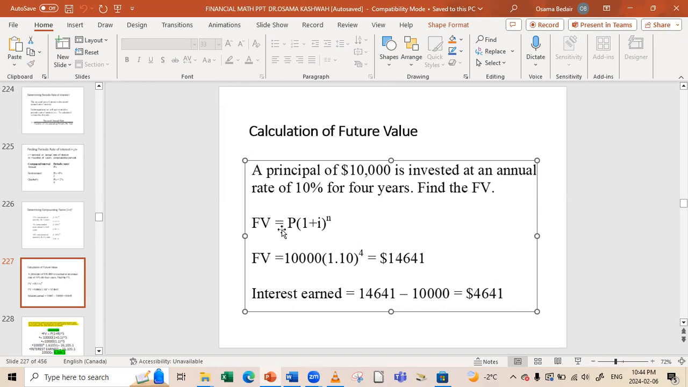So the future value will equal the principal, which is 10,000. This is the 10,000, the principal, multiplied by 1 plus interest, power n. The n is the number of years. We have 4 years, so n will be 4. So that will equal 10,000 multiplied by 1.10 to the power 4. That will give you